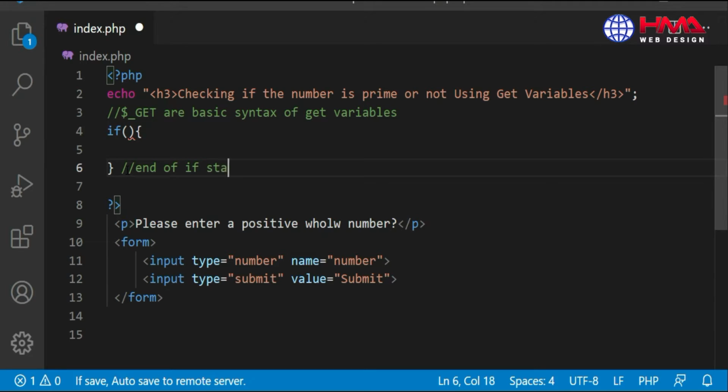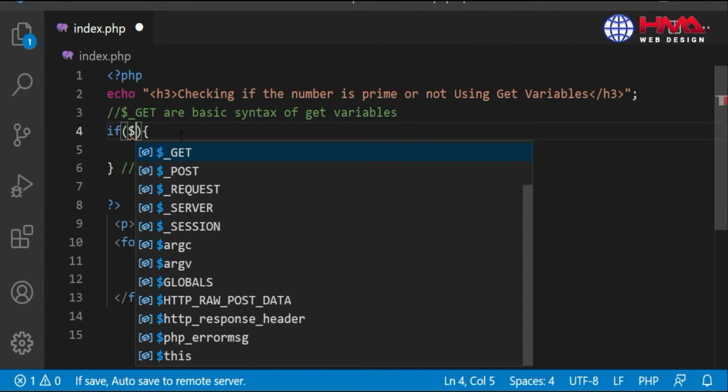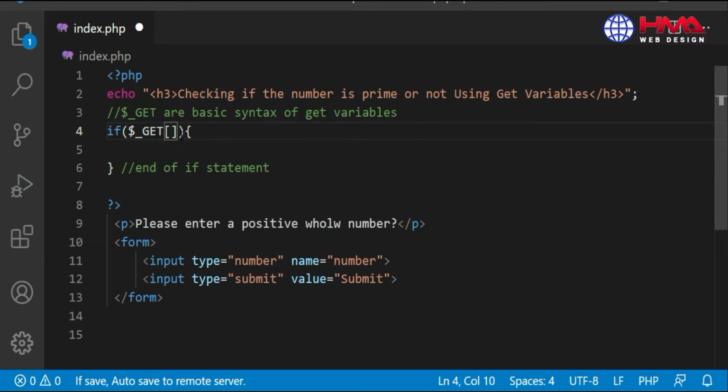This is the end of the if statement, and inside the parenthesis we have to write $_GET, then number inside the square brackets, then the AND operator, and the second condition is this number is